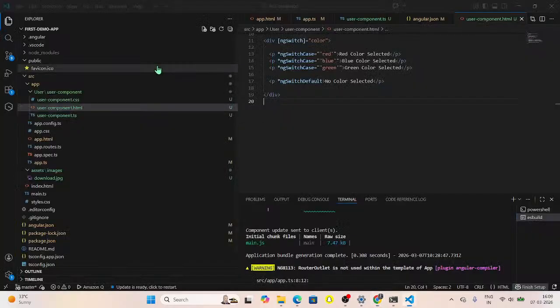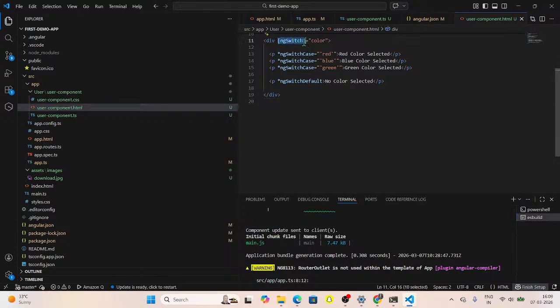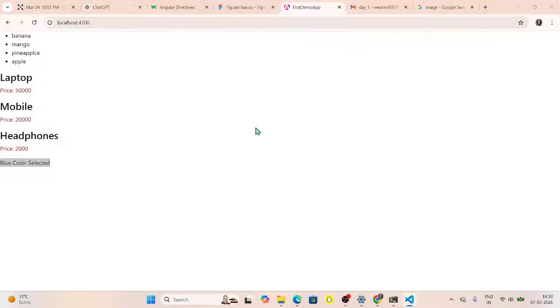So ngSwitch is the thing that we are going to use. ngSwitch and *ngSwitchCase, which we are going to use. If the first condition matches, then this statement is going to execute. Second condition, this is executed, and third, this is going to be executed. All right, these are the things that we have to understand here. Now what I'm going to do here is,